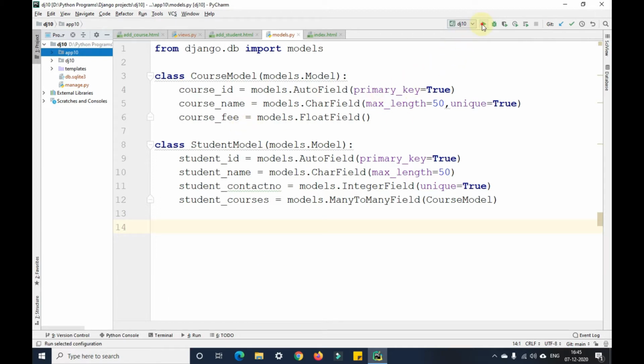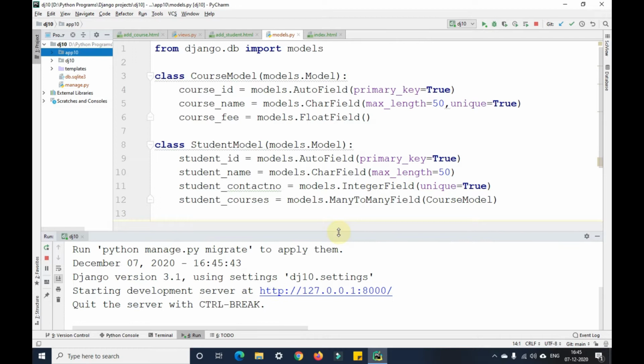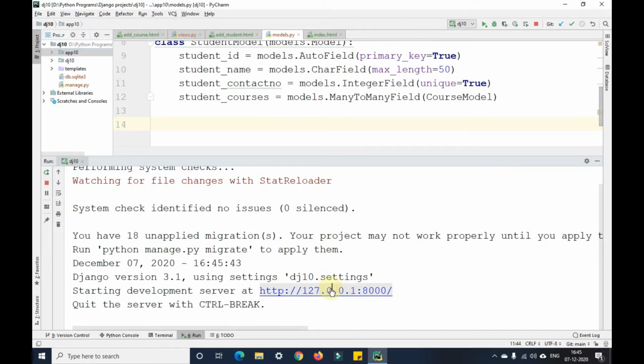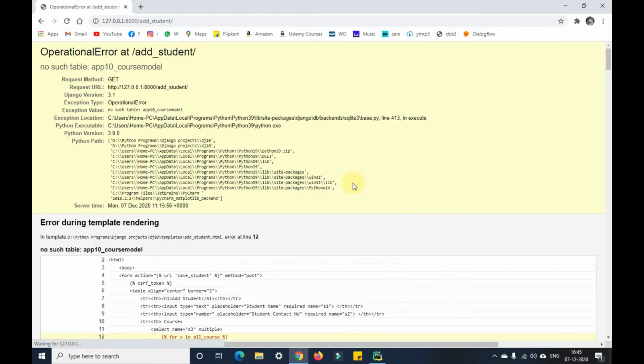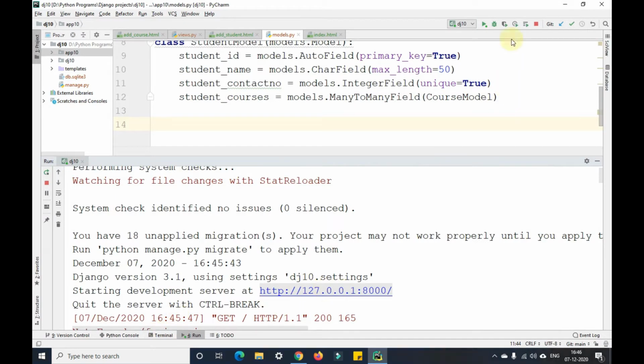Before I run this project, it is running here, as you can see. But there are two different pages that I have redirected to, and it will not show me the pages here because I have not made migrations. So first let me make migrations and migrate the data.